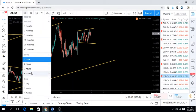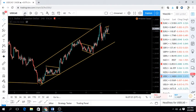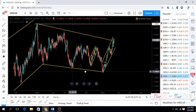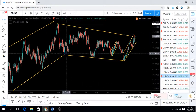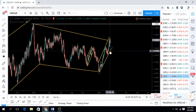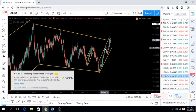USD CAD. We have to go to the high time frames to see the structure. So we had this weekly ascending pattern and we're expecting it to impulse to the downside, but it was moving correctively, and we got that 1, 2, 3 third touch, and we got that buy over there. But then we're looking for sells around these levels because of that area, and we did get the short-term sell, but then after that trend line and that corrective pattern, we got that buy again, and now we're around these